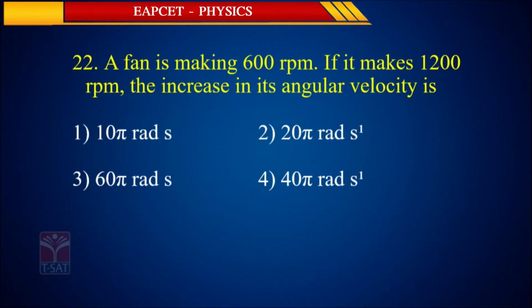Here, see, children, a fan is making 600 RPM. If it makes 1200 RPM, what is the increase in angular velocity? N1 is given as 600